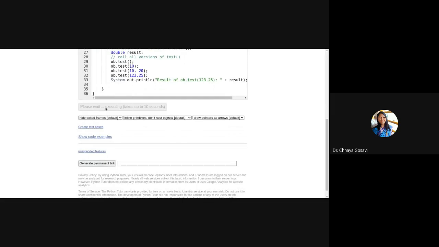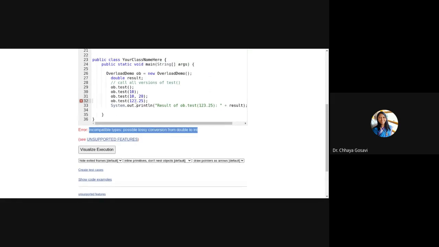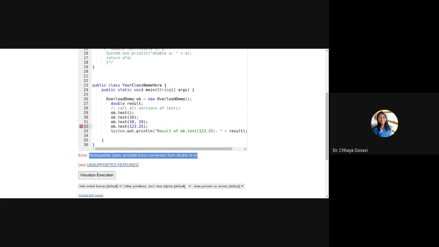Java is a strongly typed language, and it will need a programmer to convert this double to integer by type casting. It has thrown the error: incompatible types, lossy conversion from double to int. So this is not possible. Okay.